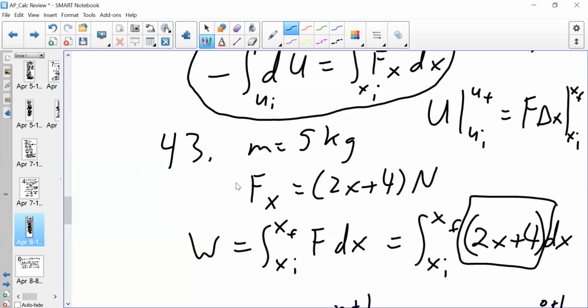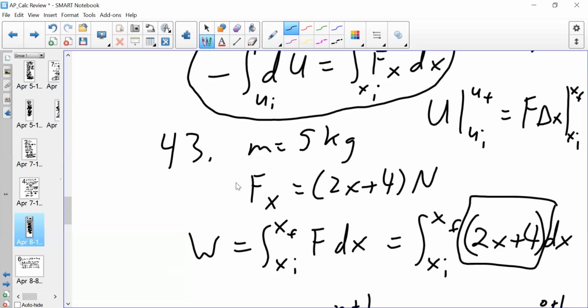The equation Fx equals 2x plus 4 newtons describes the force. So it's a function of force where x is in meters. As the particle moves along the x-axis from x equals 1 meter to x equals 5 meters, calculate the work